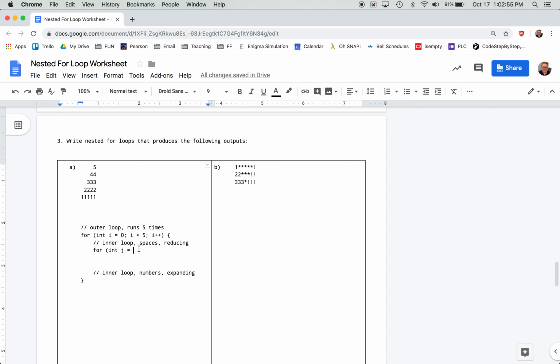Well, I need a number of spaces that's going to start big, and then it's going to shrink down. And to me, I think the easiest thing to do here is to say int j equals i, and then we're going to say j less than, and I'm going to say 4. And let me talk about my reasoning on this. The reasoning is going to be,